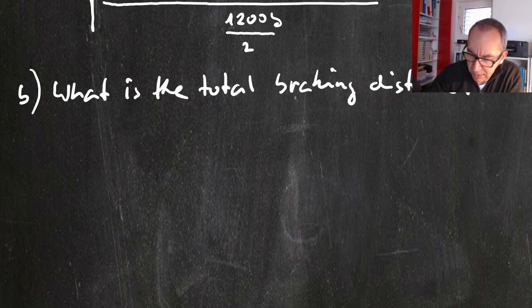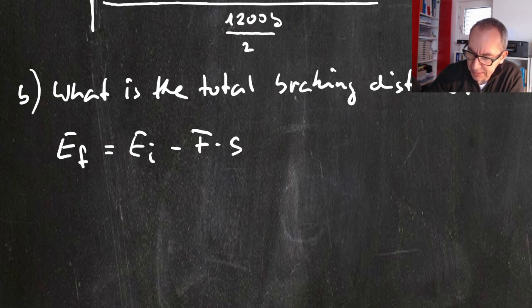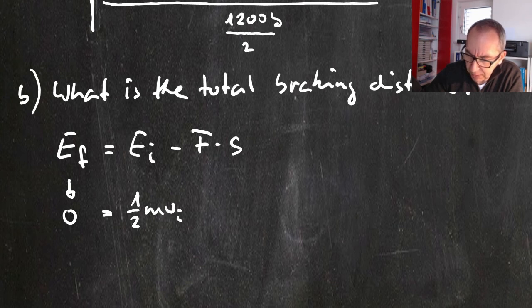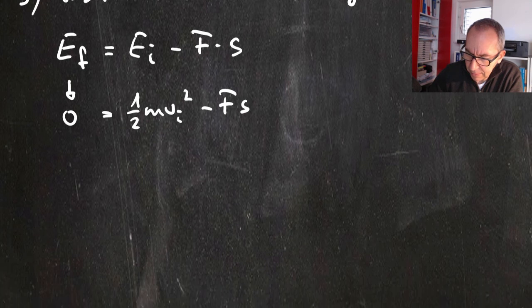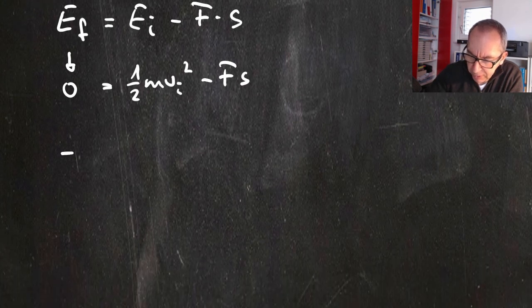And here again we say the final energy, a new one, is the initial energy minus the work done. We can just say it is F times S. S is what we are looking for. And the final energy, if you want to go to a halt, is 0. Initial energy, still 1/2 mv initial squared, minus Fs. And here we can resolve for S,